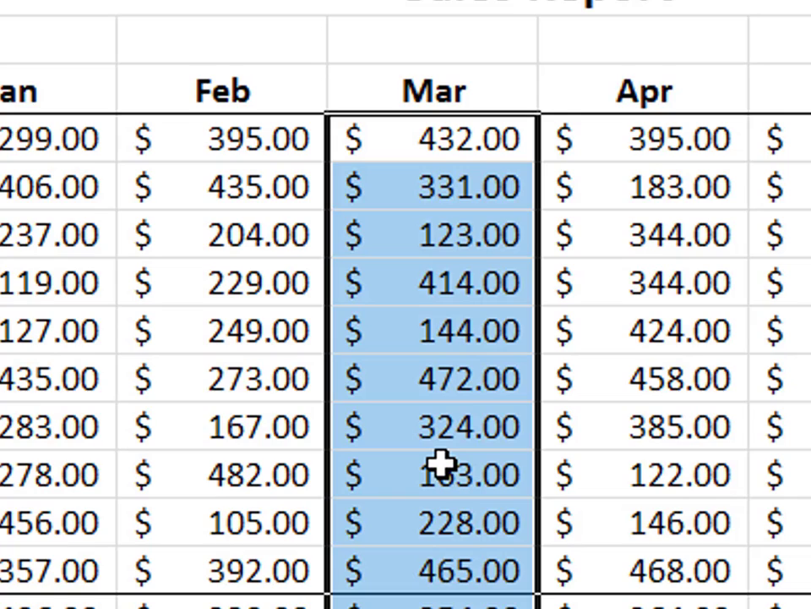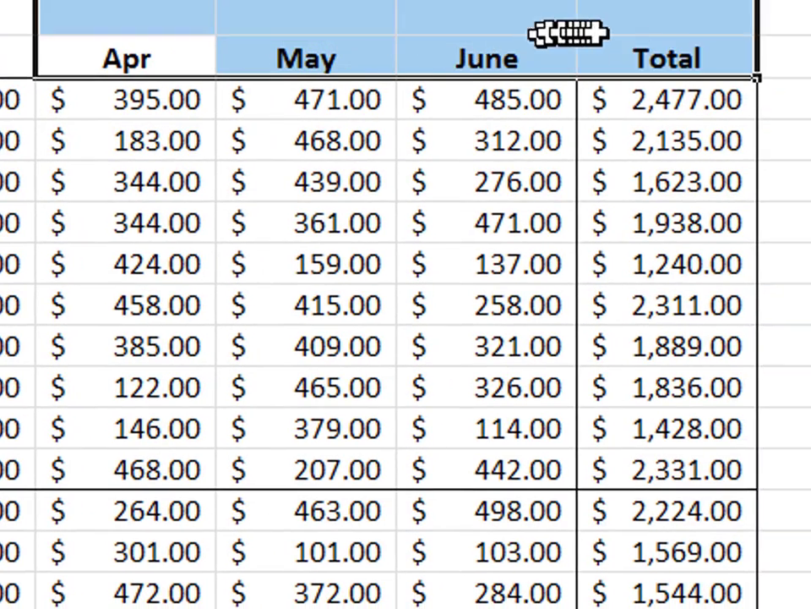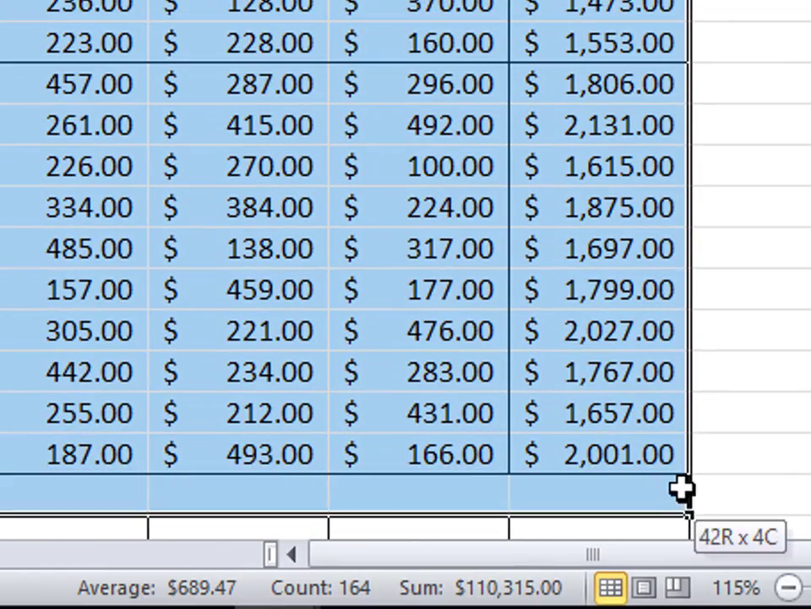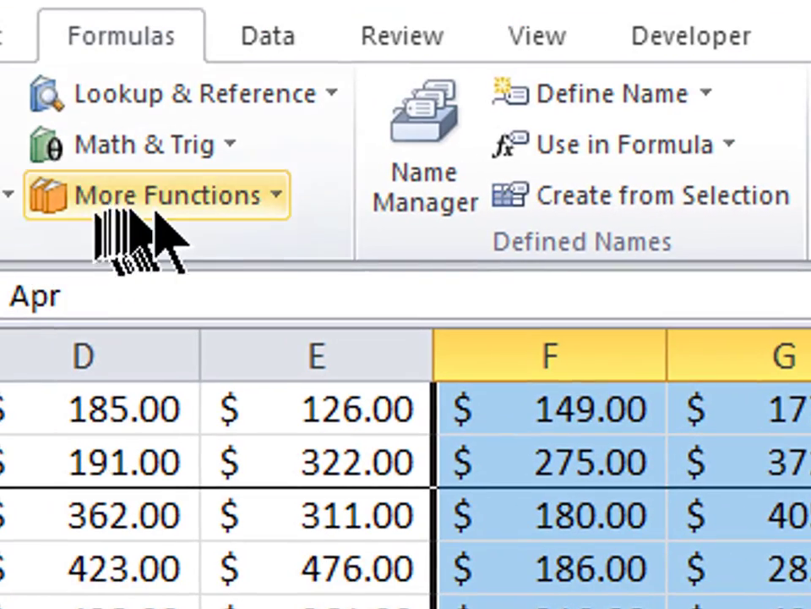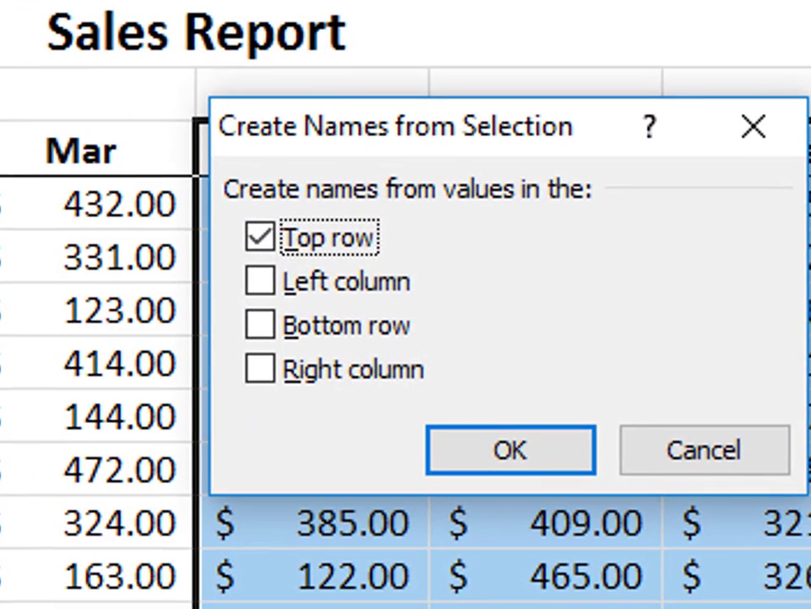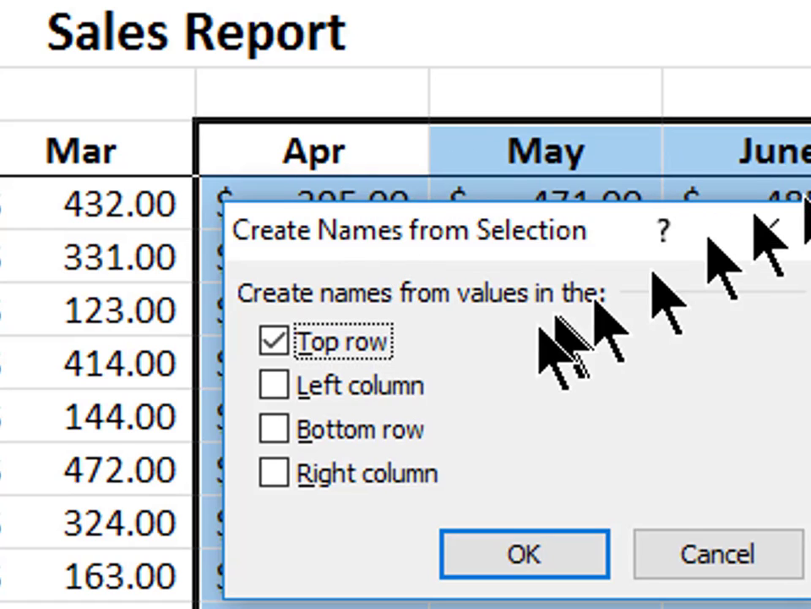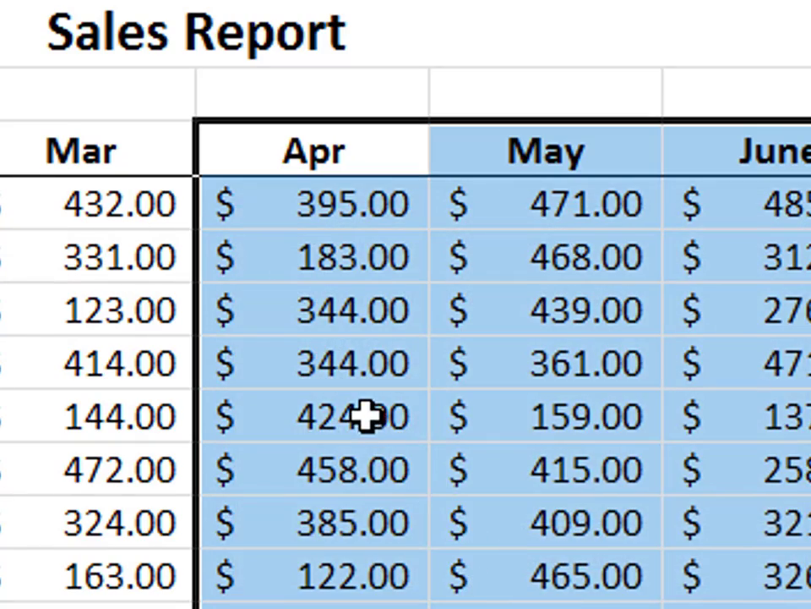You don't have to do one column at a time. You can do them all at one time. So I can go up to April, over to May, over to June, and even over to total, and drag this all the way down. Now I can come up to Create from Selection. Again, it realizes that the top row is different. Click OK. And now